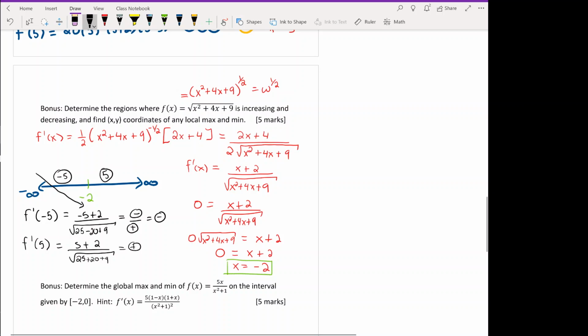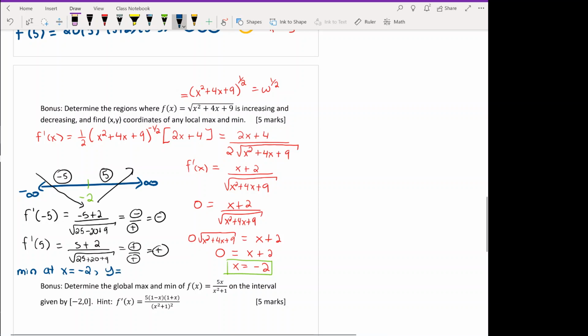So we get something positive upstairs divided by something positive downstairs, which is going to be positive. So it's increasing. That means that there is a max. Not max, there's a min. Going down and back up, so there's a min at x equals negative 2